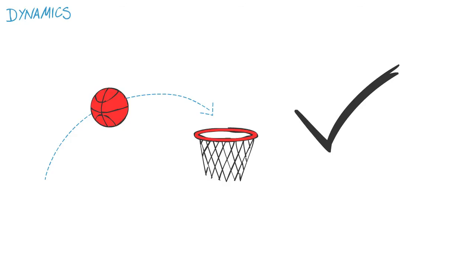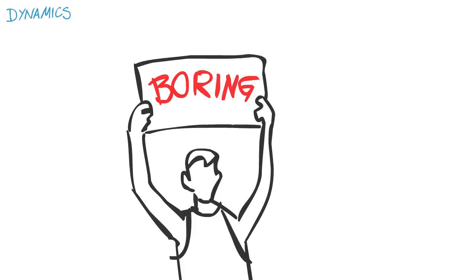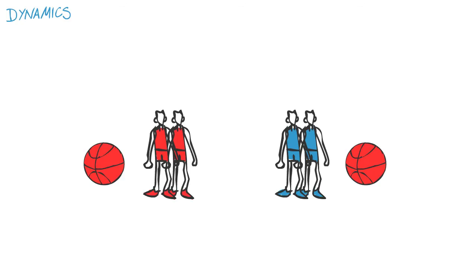A player throws the ball and hits the hoop, a player throws and misses. That's it. Afterwards, we quantify the hits and misses and see who won. That's not very exciting, is it? Because it's not very dynamic. The range of possible occurrences is not very wide, so let's change that by tweaking the rules and adding more